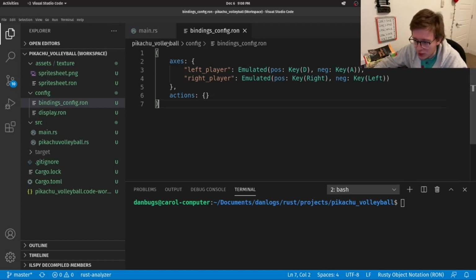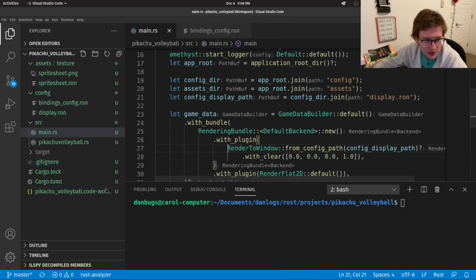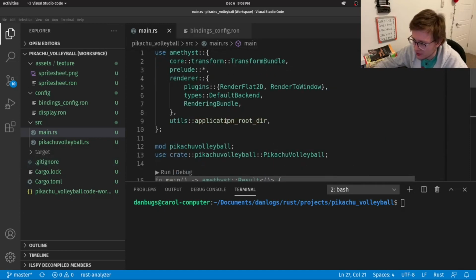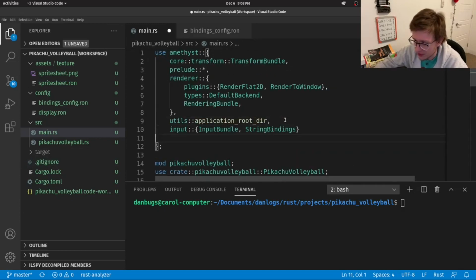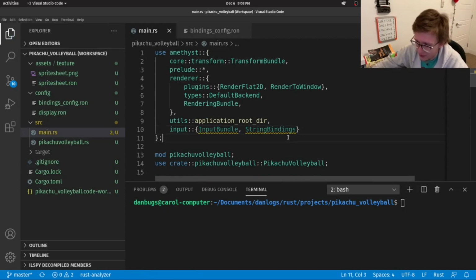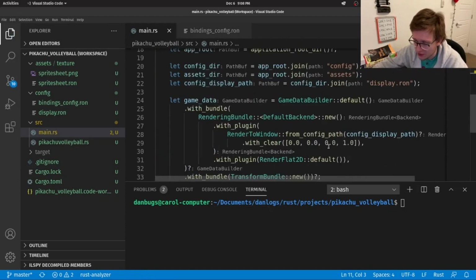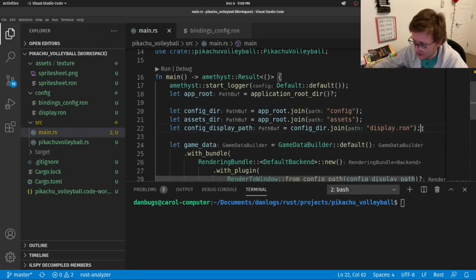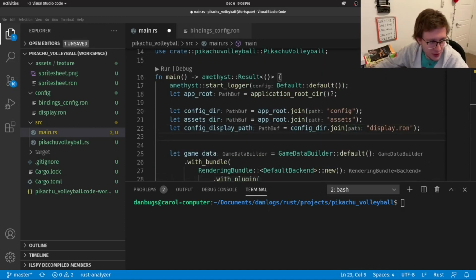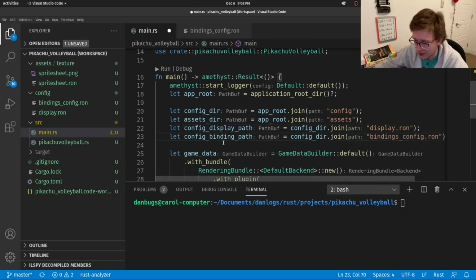Talking about making use of it, let's go to main.rs, where first of all, we'll add a couple of imports for input. And then right below where we got our display.ron, let's get our new .ron file, which is called bindings_config.